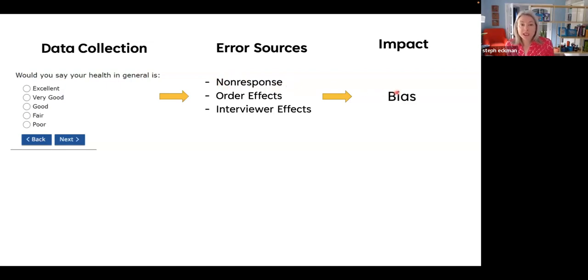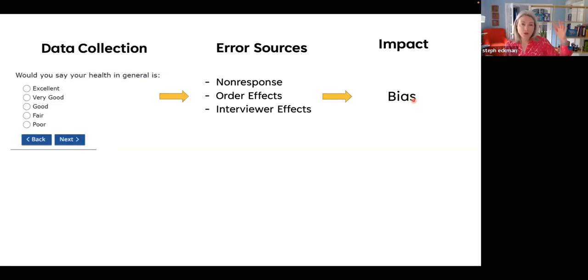What we're really interested in and worried about is the downstream effect of what that non-response does to my estimates, right? If I publish an estimate saying this many people are concerned about global warming, is there bias in that estimate because the people who aren't concerned about global warming maybe didn't do my survey or something like that, right? So we've got error sources, and then we've got the ultimate impact of those errors, which can result in bias or variance in our survey data.